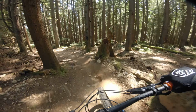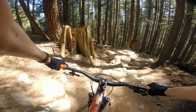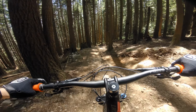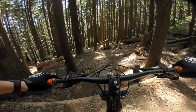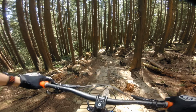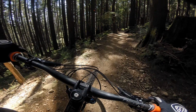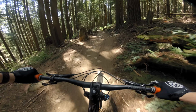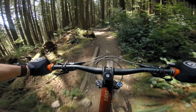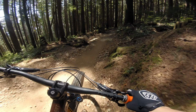All right, so this is Pingu. Pretty chunky, chundery kind of trail. Woohoo! No problem on the Sight. That was a bit scary on the Optic, but the Sight feels